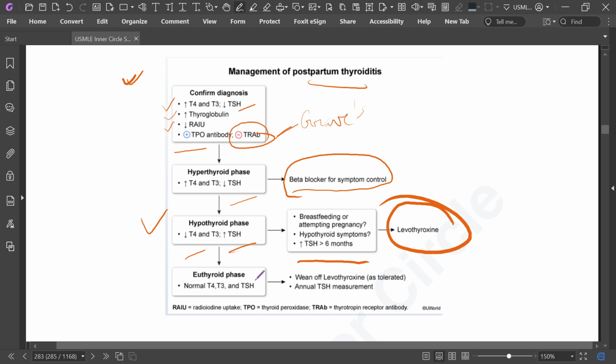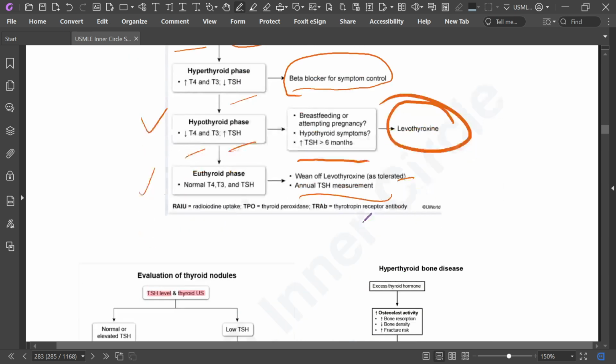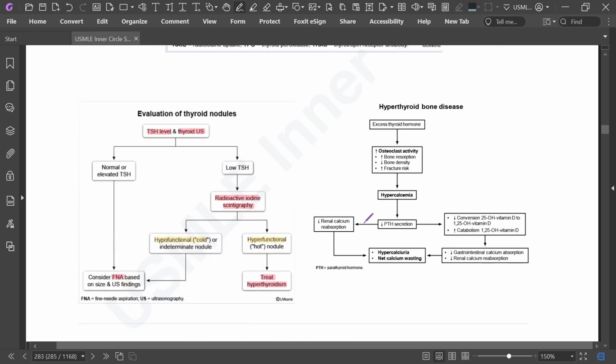If it is euthyroid phase, normal everything, then wean off levothyroxine when tolerated, with annual TSH measurement. Okay, then